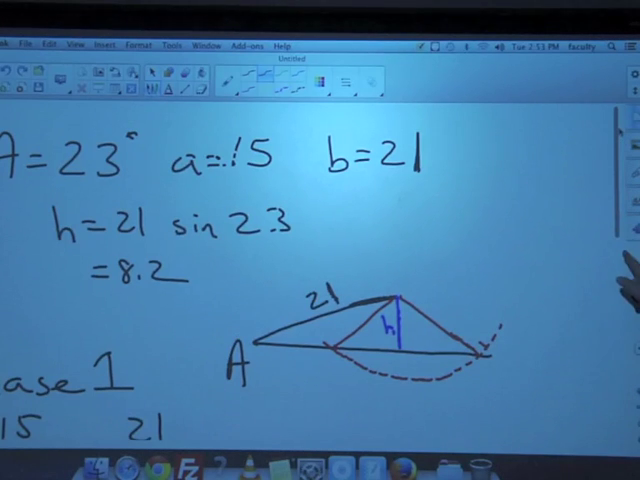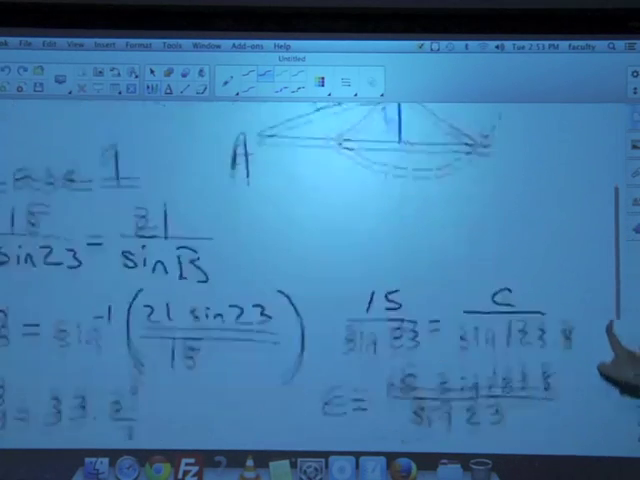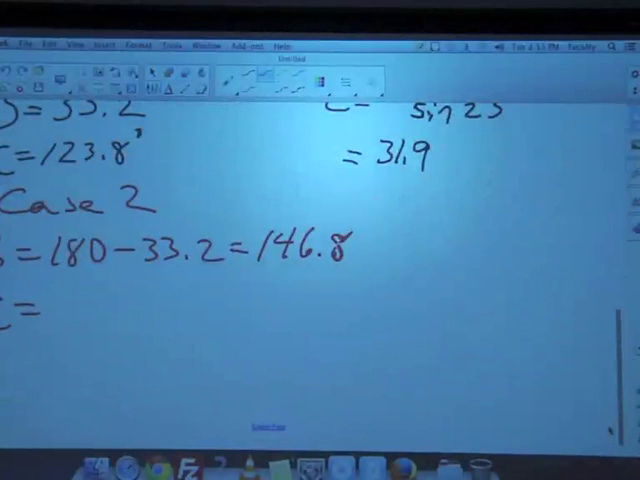So what was, wait a second. Okay. What was 180? Right. So B is 146.8. A was 23. So my new angle C will be,